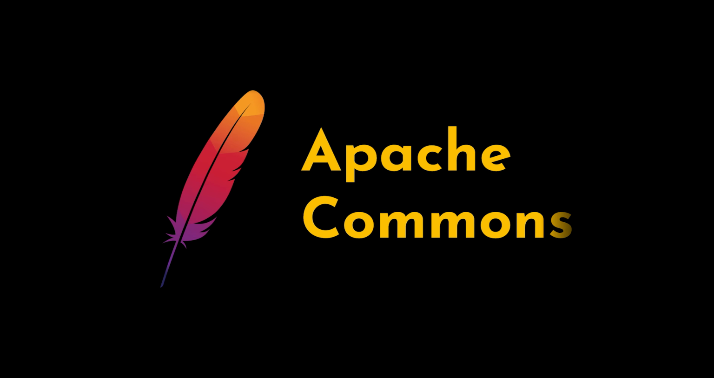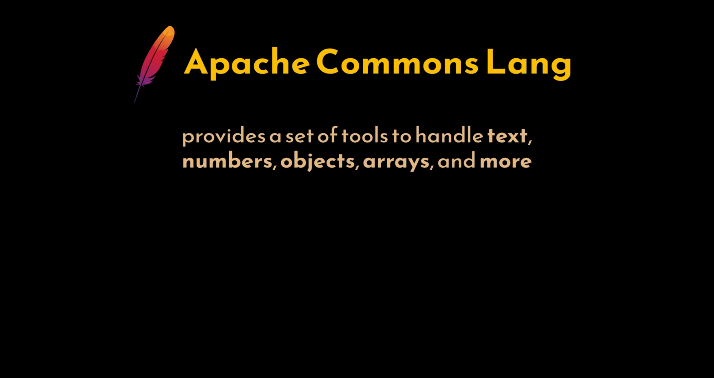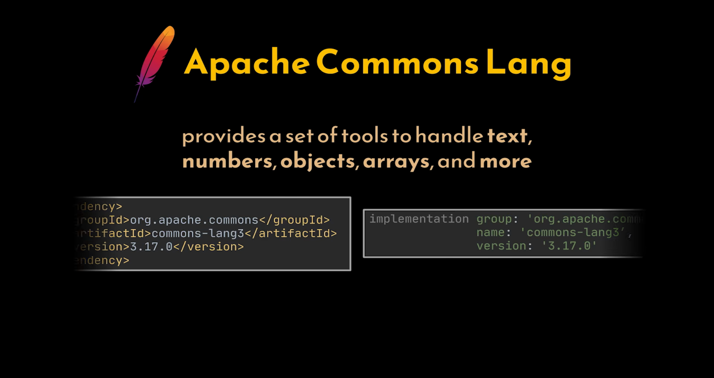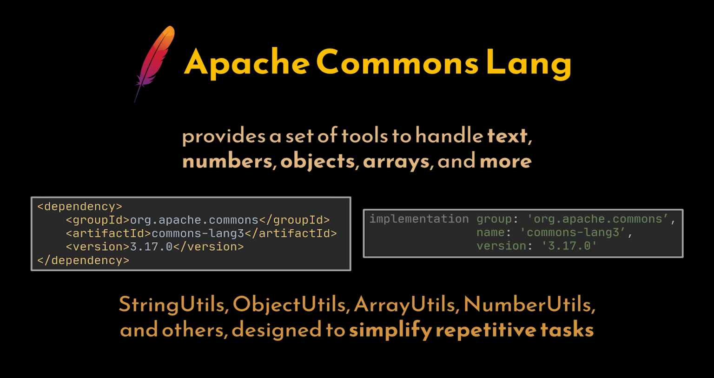Today we're diving into the Apache Commons Lang3 library, an essential utility in the Java ecosystem. Part of the Apache Commons project, this library provides a comprehensive set of tools to handle text, numbers, objects, arrays, and more, streamlining everyday development tasks. Before using the library, we'll need to add its dependencies to our Maven or Gradle project. Once integrated, the library introduces several utility classes like StringUtils, ObjectUtils, ArrayUtils, NumberUtils, and others, each designed to simplify repetitive